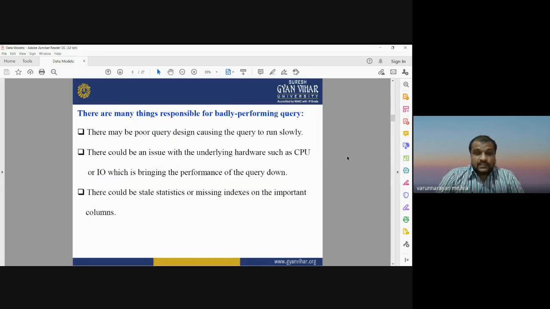Okay, but what happens if we don't have a proper query? There are many factors that are responsible for a badly performing query. Whatever query we are performing, whatever solution we want from our database, it may be affected by different factors. First, there may be poor query design causing the query to run slowly.